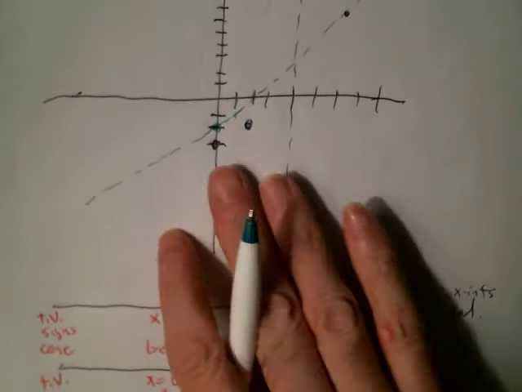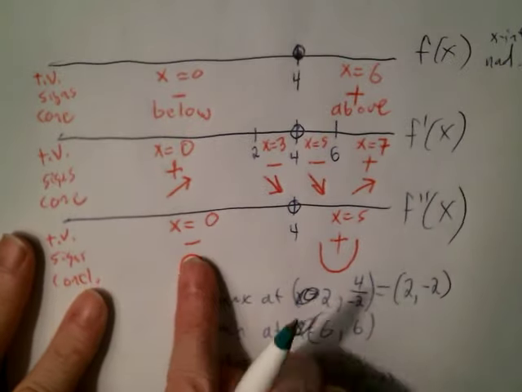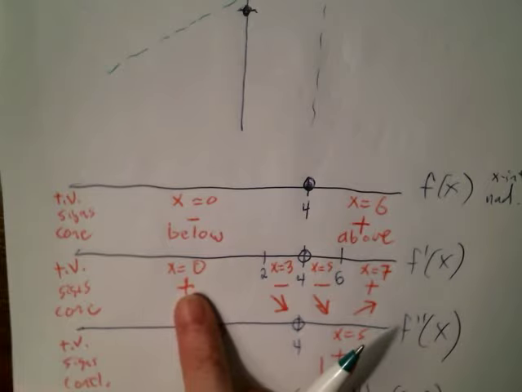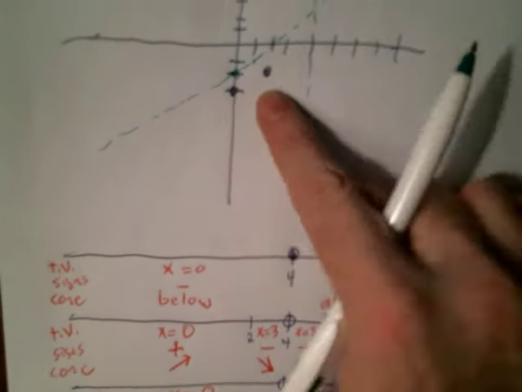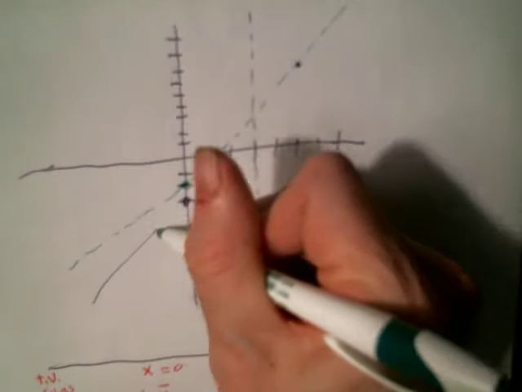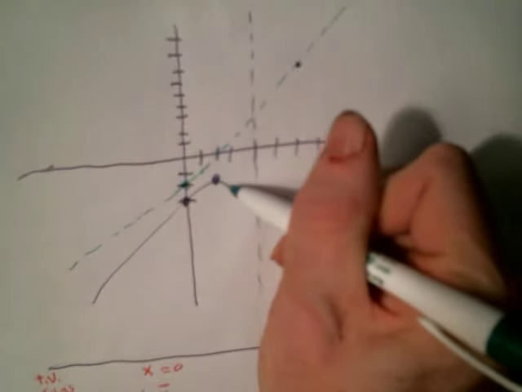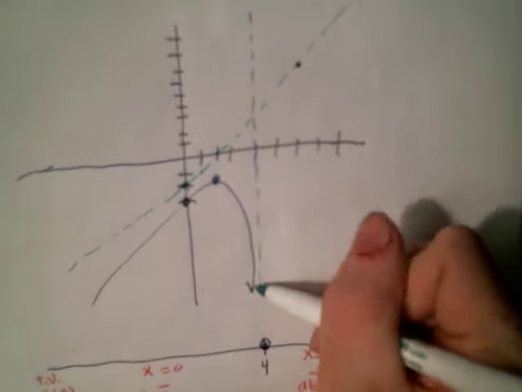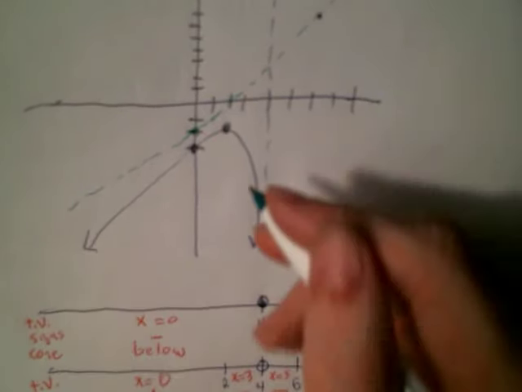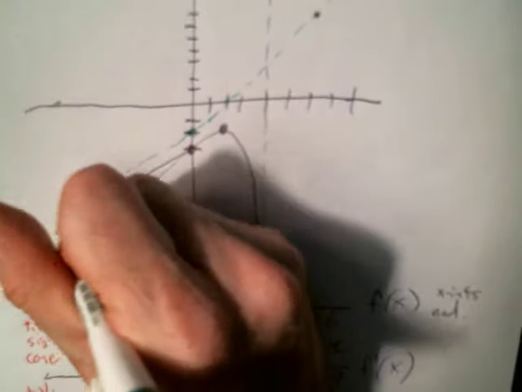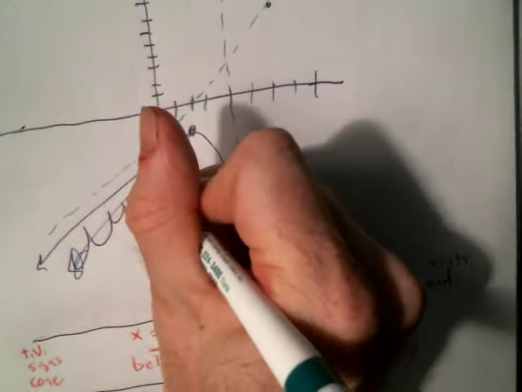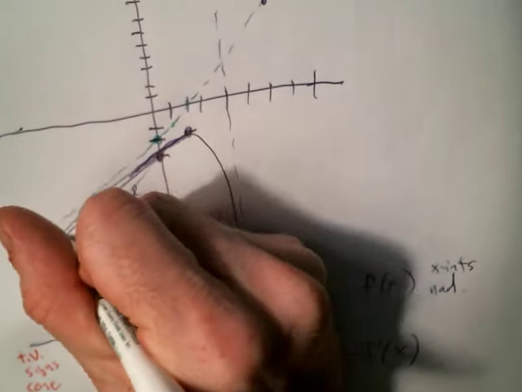Okay, so in this region I am below. I am also concave down, and I am increasing all the way to 2, and then it starts decreasing. Okay, it should get closer to the green line. I screwed up and kind of made it go a little down. It should be going like this, closer to the green line. But it's concave down, so there shouldn't be any sort of bumps. It's concave down,